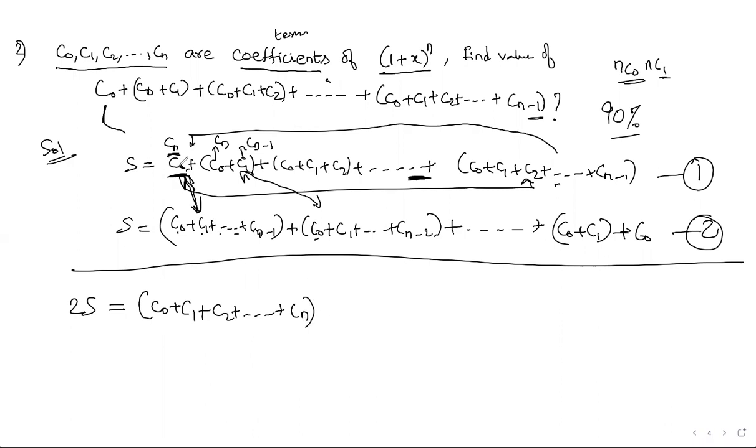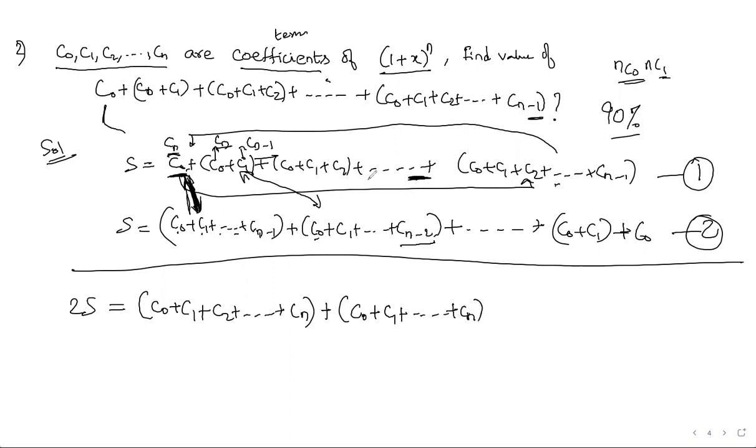Okay, when we are adding the first terms of the two summations simultaneously, and then the second terms of the two summations simultaneously, here C0, C1, C2 and so on up to Cn minus 2 is there. Here Cn minus 1 is there and Cn is also there. So here also, when you do the summation of all the coefficients, it will be C0, C1 and so on up to Cn.